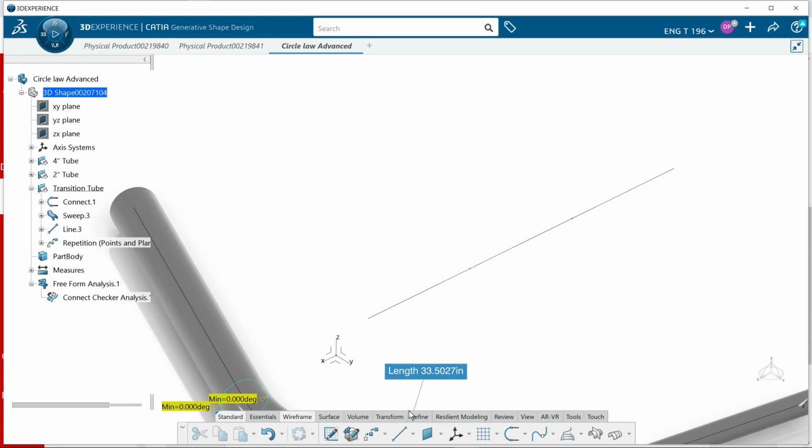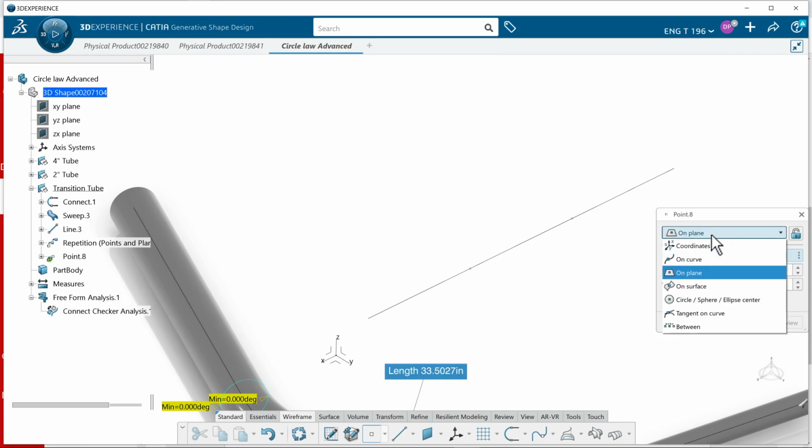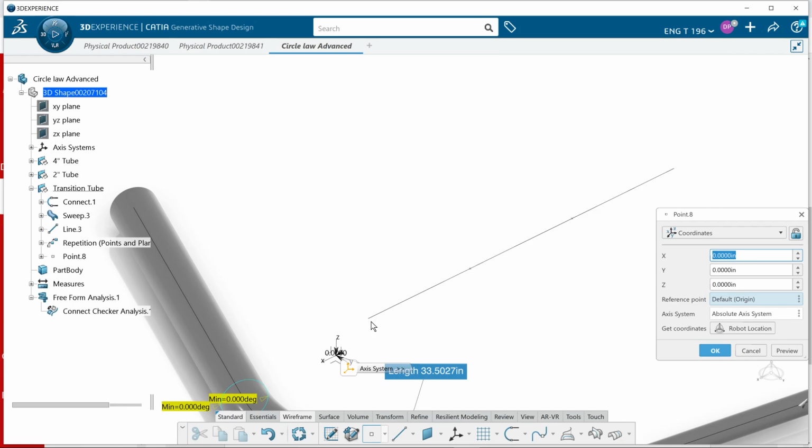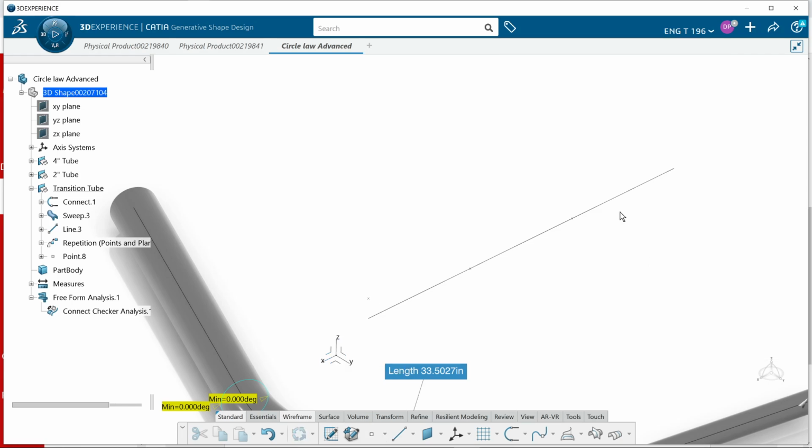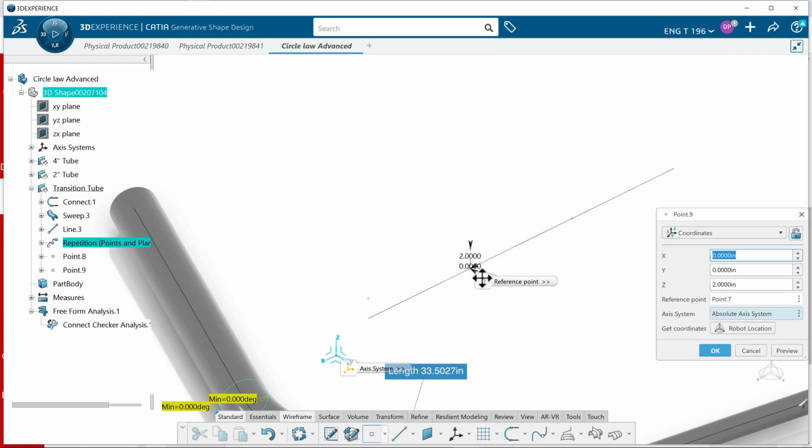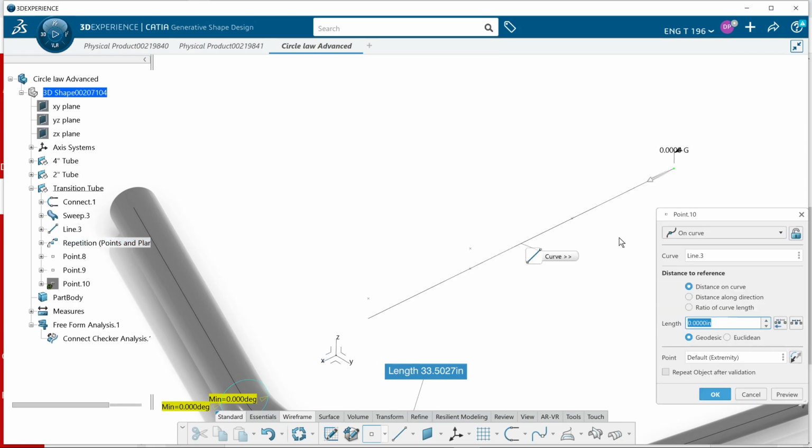So I'm going to go to point, coordinate, from this endpoint up, oh my God, radius is curves, right? So I got to go 2 inches, I think. 2 inches up, and then another point off of here, the exact same value, and another point off of this one,